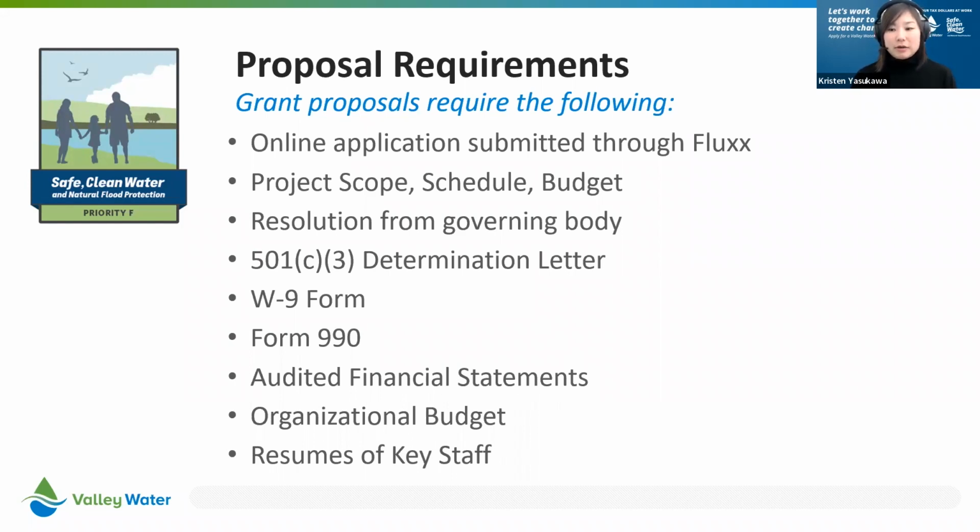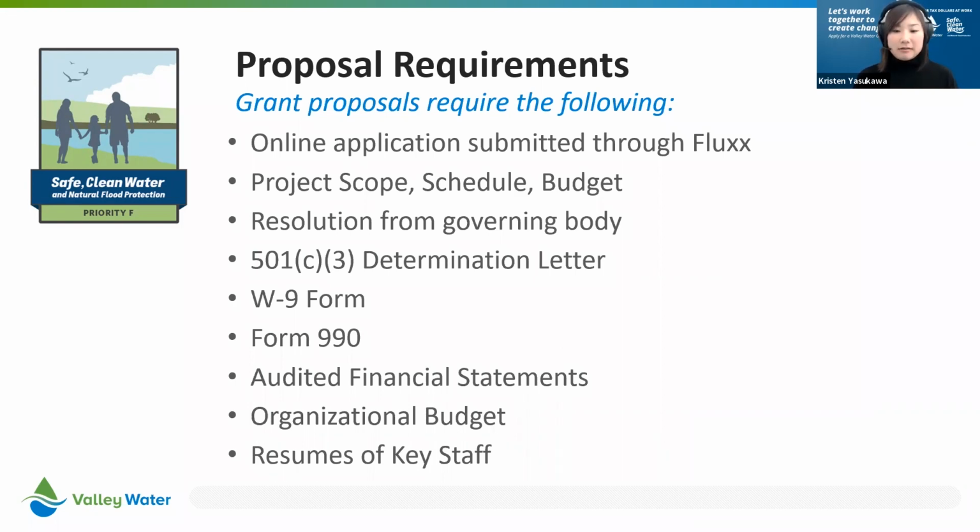So, we'll talk about this, but the first step would be signing up for our Flux Grants Management System. And then once you're set up in our Flux Grants Management System, you can go to the home page and then you choose the 2023 standard grant application, because we have other applications open at this time.